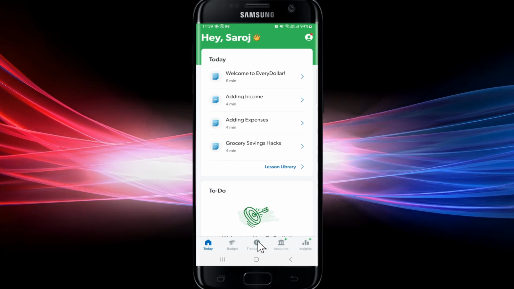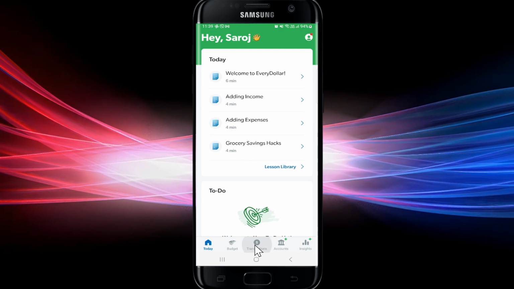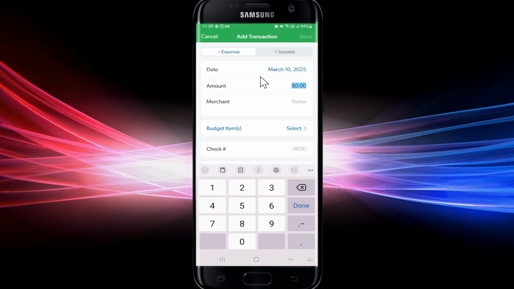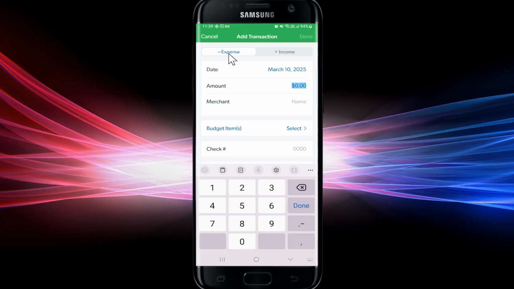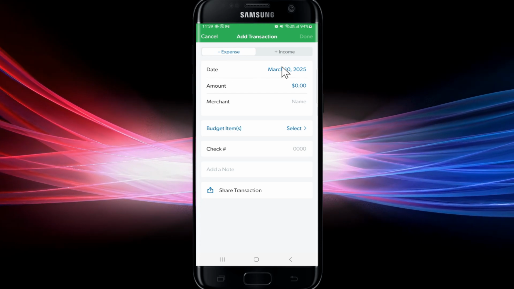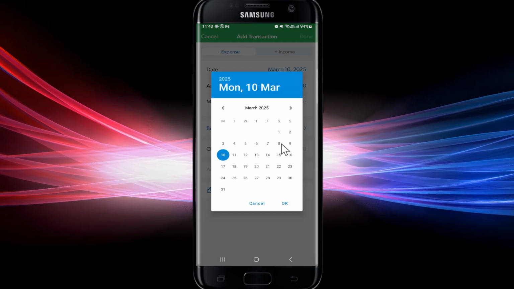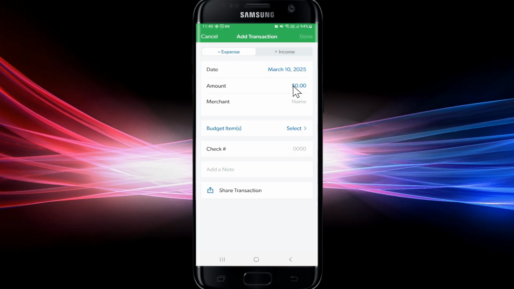Now, within this page, you will find the transactions option at the bottom. Go ahead and tap on it, and then tap on the plus button. This will take you into the Add Transaction menu. Make sure to choose Expense from the top option, and then the current date will be selected automatically. You can tap on this date to choose any date that you want, and underneath this you can enter the